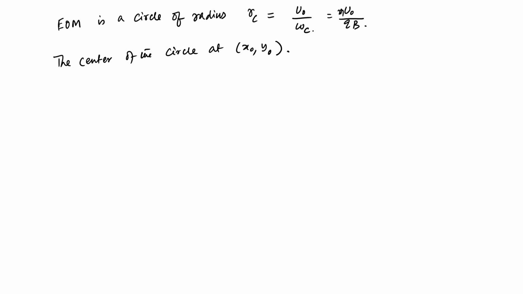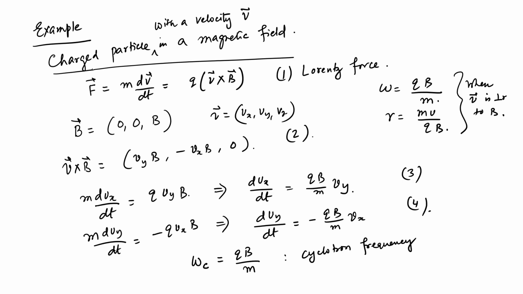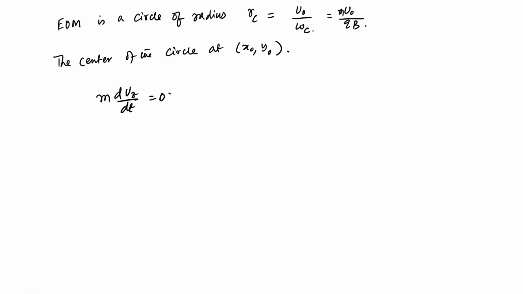Now, there is also a third equation of motion, where we have m dvz/dt equal to 0, because if you look at this form of the v cross B, that is equal to 0. So, m dvz/dt equal to 0. That is the equation that we should not neglect, because that will give you the real, or rather the complete, trajectory of the particle. Let us call these two included as equation 12, and this as equation